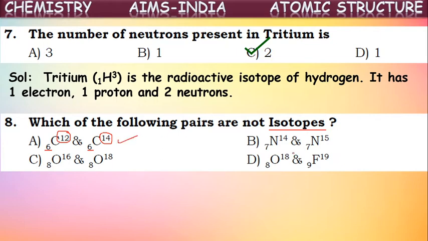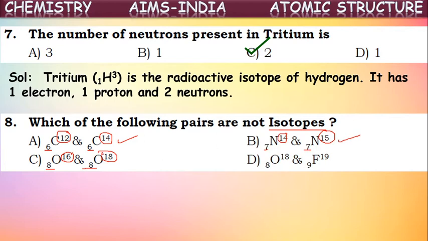Yes. Next one, in the second one, both have the same atomic number, nitrogens. Atomic number is 7. If you observe mass numbers, one has 14, the other has 15. So they have the same atomic number and different mass numbers. So can we call these isotopes? Yes, we can. So this is also an isotopic pair. Now see the third one. Atomic number is same for these two, 8 and 8. But if you observe mass numbers, it has 16, it has 18.